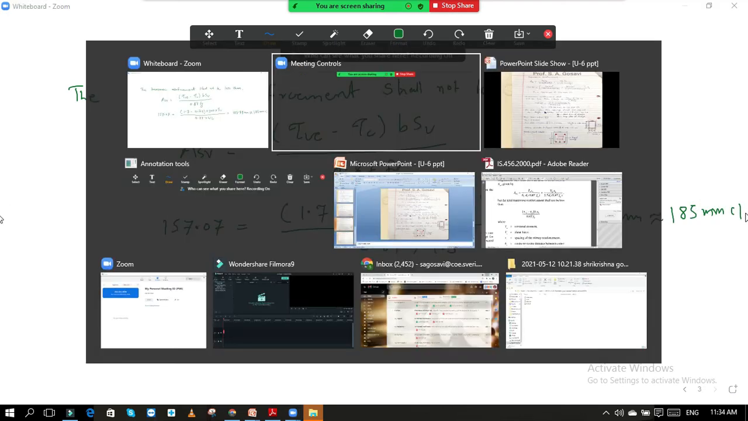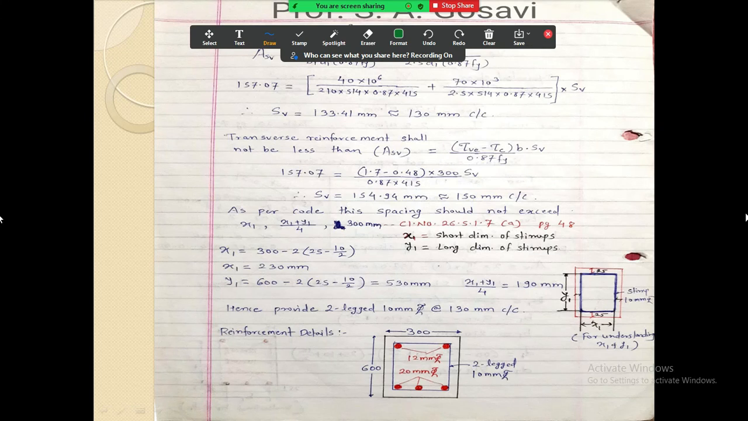Okay. So now see which is the lesser of these two. Okay. So SV किती मिळते? SV तुम्हाला इथं 185 mm. Okay. But if you go to the IS code, page number 48, clause number